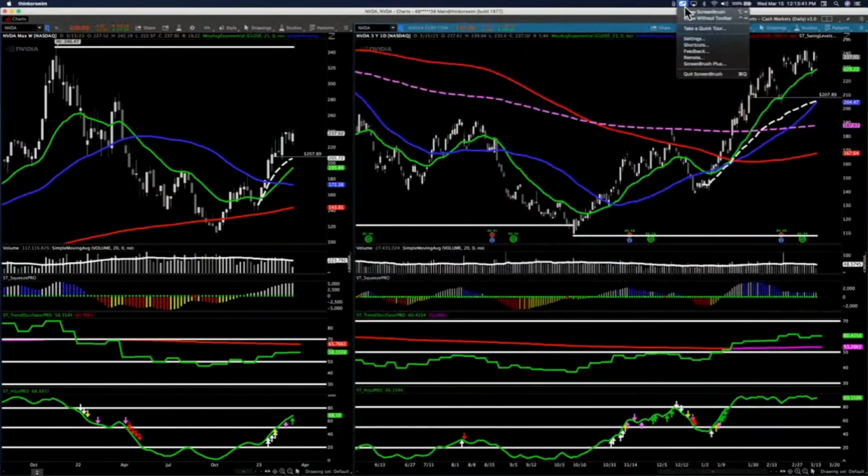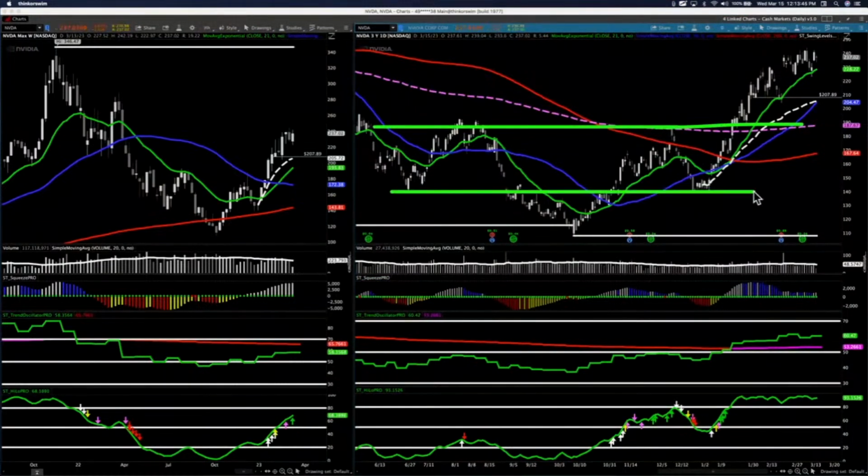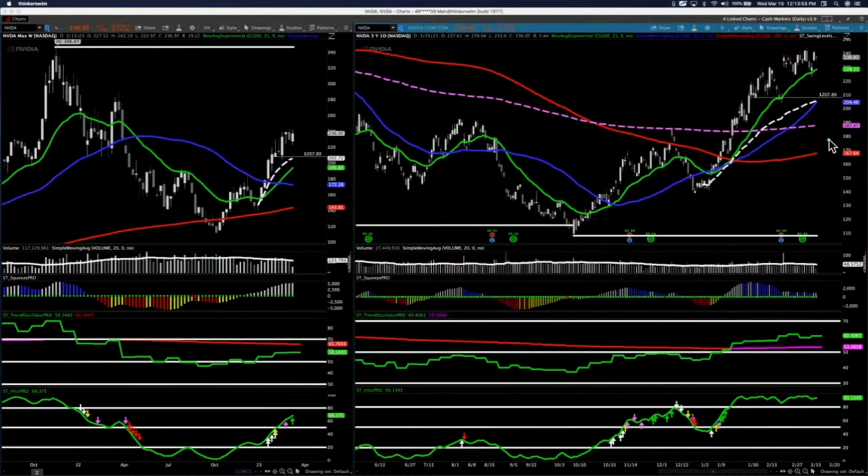From this kind of sideways range, right, you can see the moving averages look kind of messy. At this point, they actually are going into trend, right? You actually have trend structure here. And when you have trend structure, especially really high quality trend structure, you'll hold the 21 on all your pullbacks.